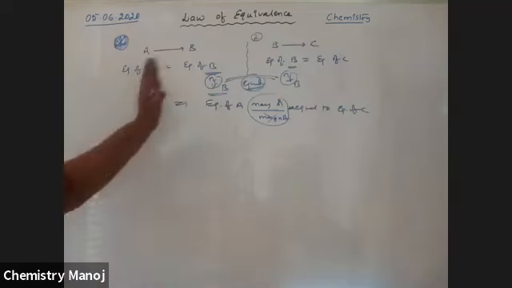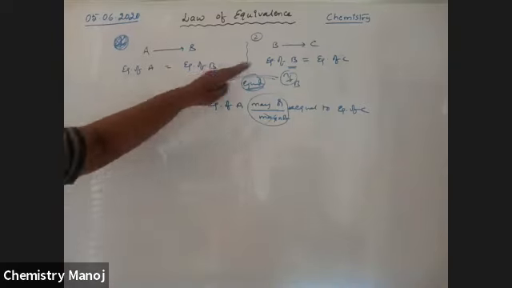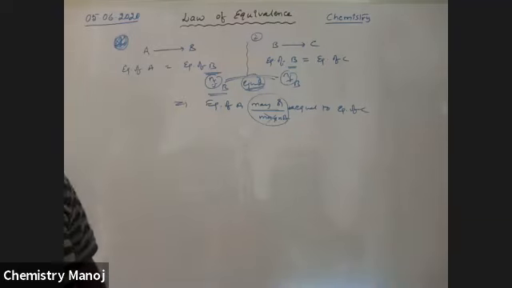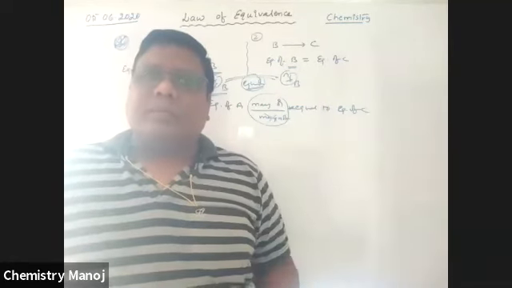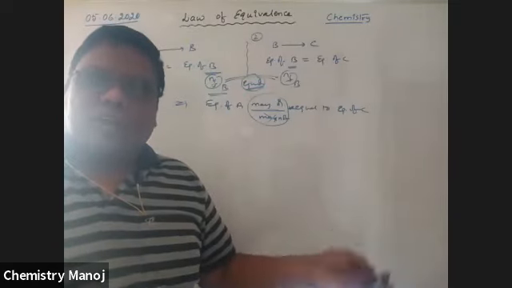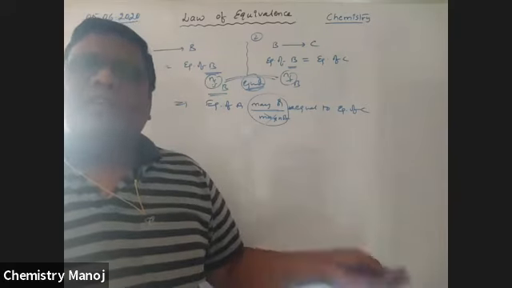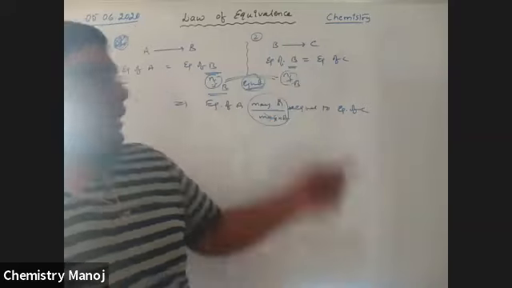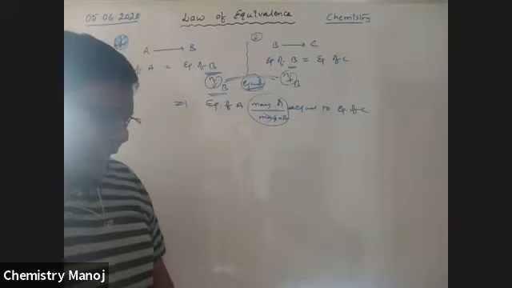So equivalence of A equal to equivalence of C is not always possible. It is possible only if the equivalence of B in one reaction is equal to the equivalence of B in the other reaction. We know the n factor of a particular chemical is not the same in all cases. For example, take camphor: in one case its n factor is 5, in another case it is 3, and in another case it is 1. That means the n factor for a particular chemical is not always the same across reactions. So only if this case is the same is this condition possible.